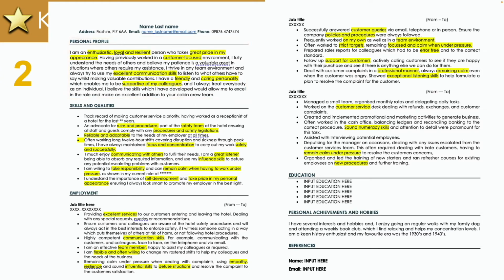The next section is the skills and qualities section that we looked at earlier. You then need to showcase your previous employment. Again, make sure this section is tailored with keywords and phrases from the cabin crew job description, pulling on relevant experience that you conducted in your previous roles, such as following rules and procedures, delivering excellent customer service, or demonstrating excellent communication skills. Then you can list your education,